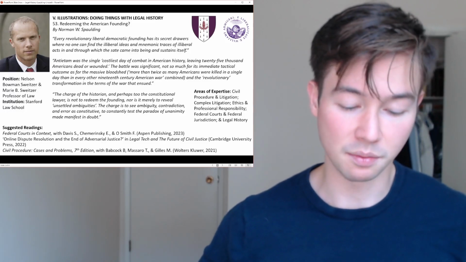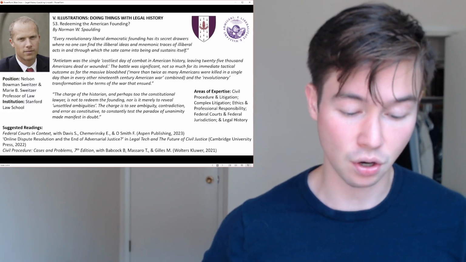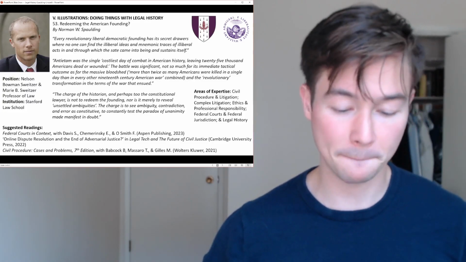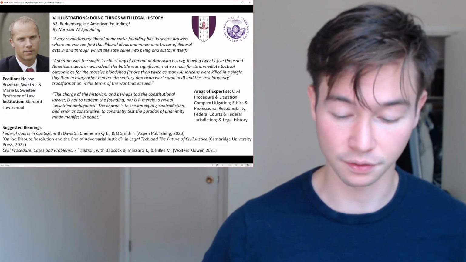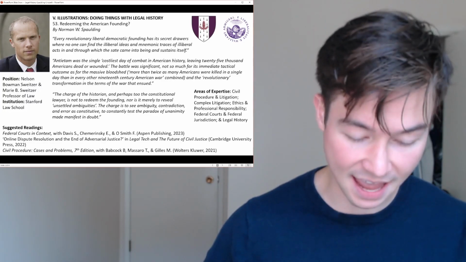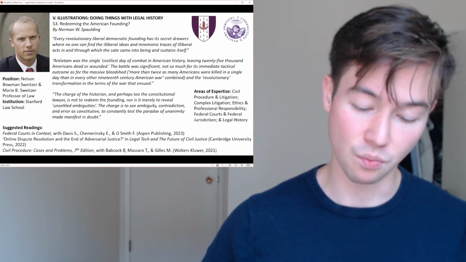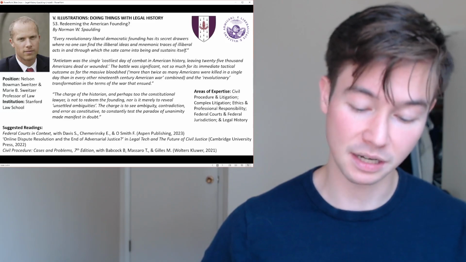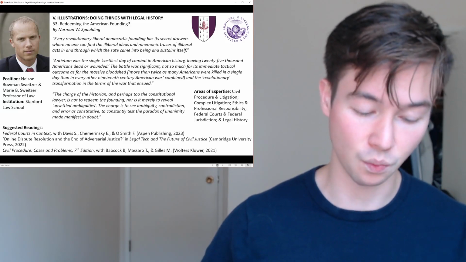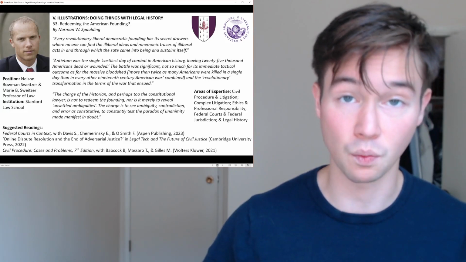Holmes's statement on the American Civil War and the crime of slavery was drawn from an essay on the new science of photography, and it describes a series of pictures taken by Alexander Gardner of fallen soldiers on the battlefield of Antietam in September of 1862. More than twice as many Americans, 25,000, were killed in a single day than in every other 19th century American war combined.